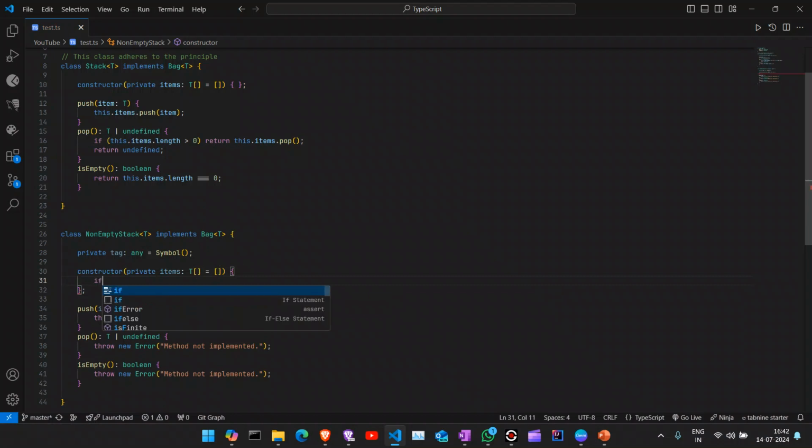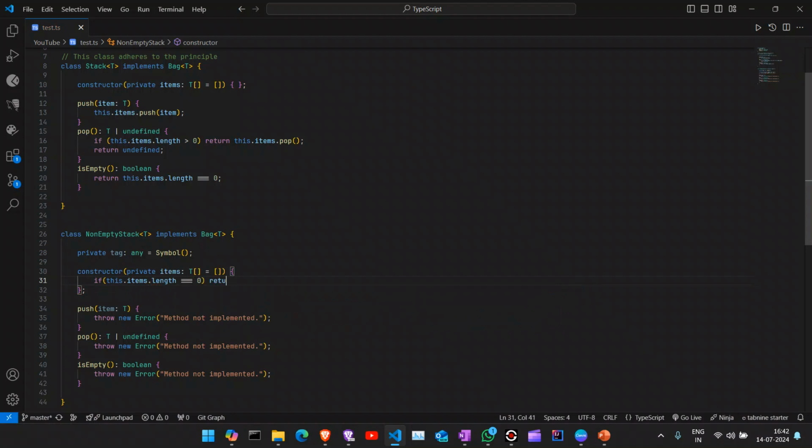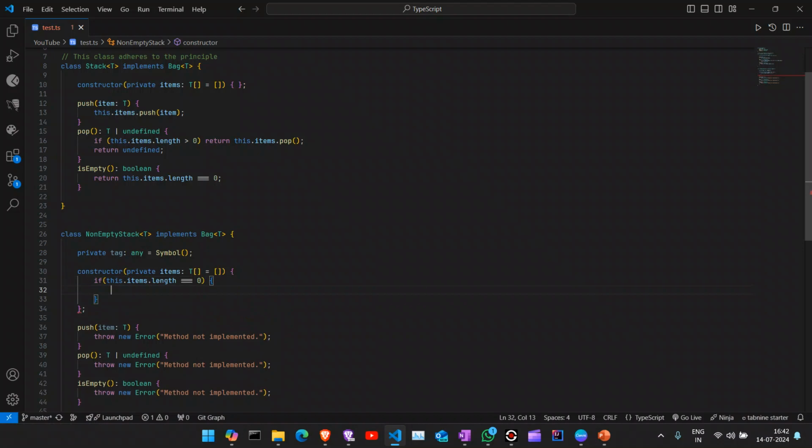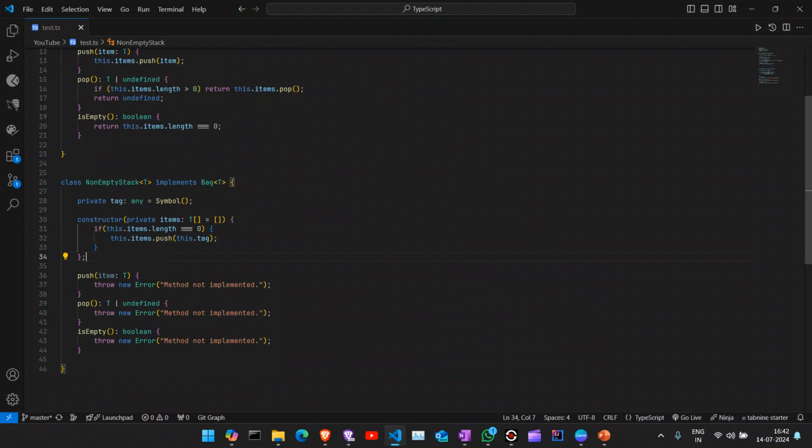and if the length is 0, what we will do, this.push(this.tag). So the first mistake is here, only you are passing the any type. Anyway, in the push, what you are doing,